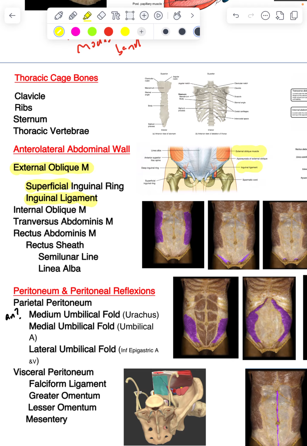So external oblique, the fibers are going in, makes your inguinal ligament, and then you have a superficial inguinal ring in the front. The superficial inguinal ring, again, this is more clinical stuff, but if she asks, it's larger in males, or wider or bigger or whatever you want to say, because males have to have the spermatic cord go through there,